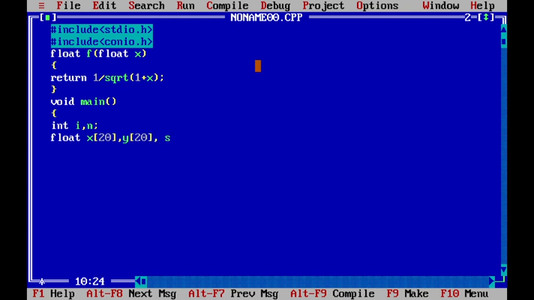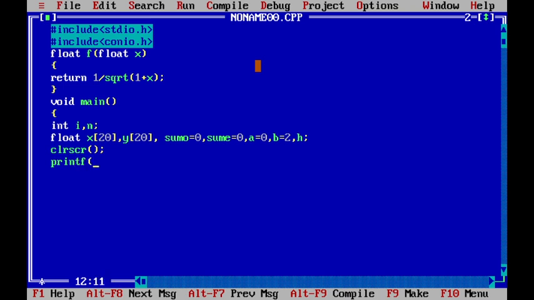Then we require sum odd and sum even, say sum odd is equal to 0 and sum even is equal to 0. Then next we require the lower limit a is equal to 0, b is equal to 2, and we require h also. So here clear the previous output, clear screen,